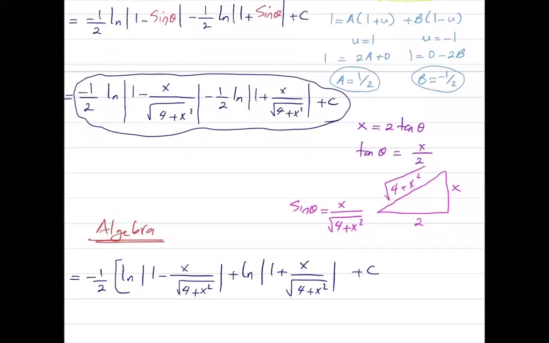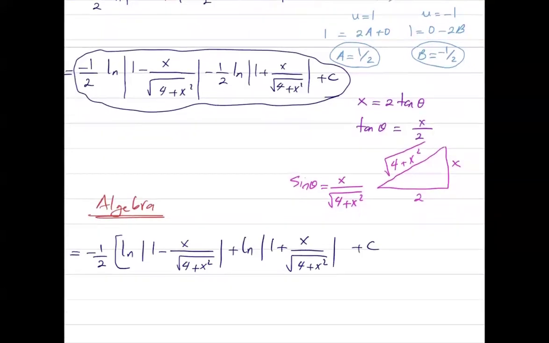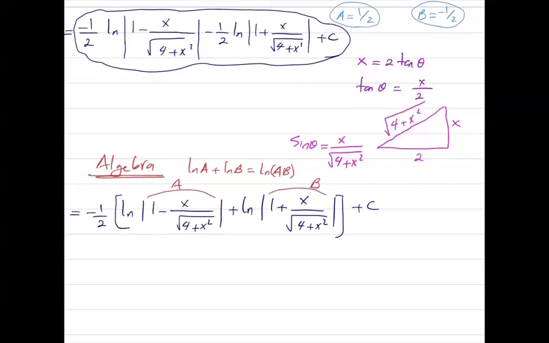But remember that ln of a plus ln of b is ln of a times b. So this is your a and this is your b. You can combine these together into one